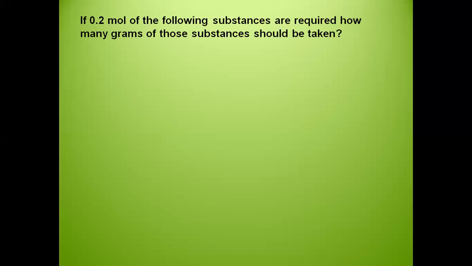But before that, let us quickly have a recap of what we studied in mole. In mole concept, we discussed that 1 mole of any substance is the atomic mass or molecular mass which is expressed in terms of grams. And when I talk about number of moles, we have one formula, which is mass in grams upon molecular mass. All this while, the numericals which we were doing, we were calculating number of molecules, isn't it? Let us take that example first.